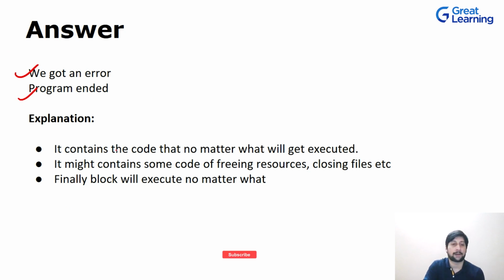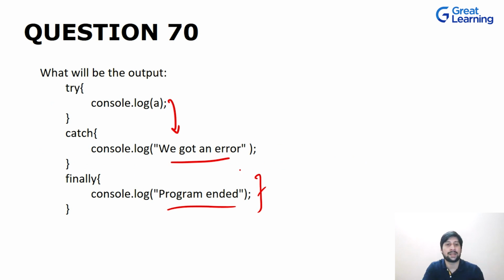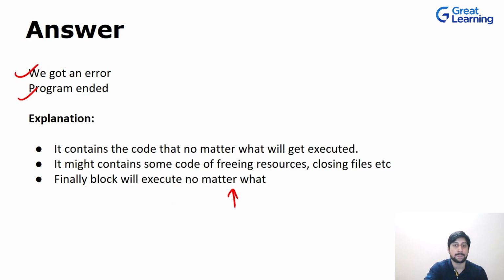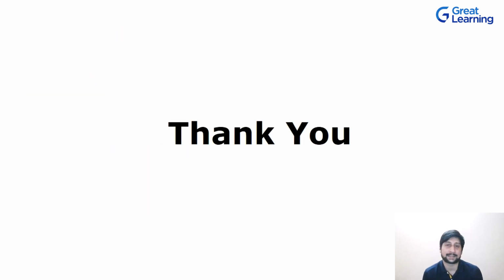Okay, so finally block will contain the code that no matter what will happen, it will still get executed. It might contain some code of freeing the resources, closing files, etc. Finally block will execute no matter what. Okay, usually what we keep in this finally block are our resources which we want to free, or closing our files, etc. right? So with this we are at the end of this tutorial,